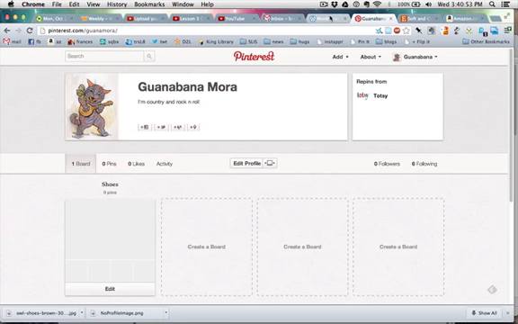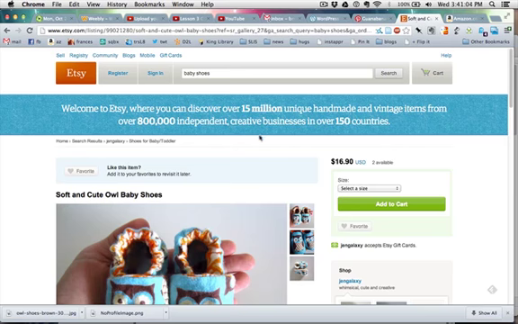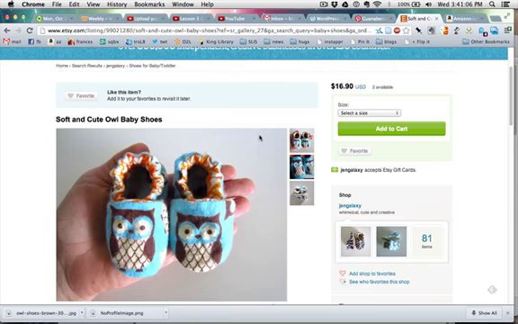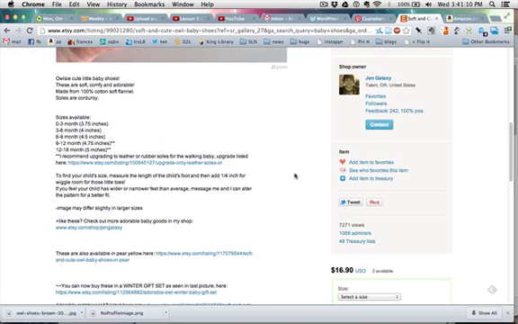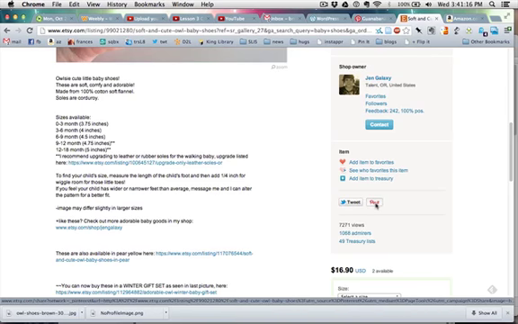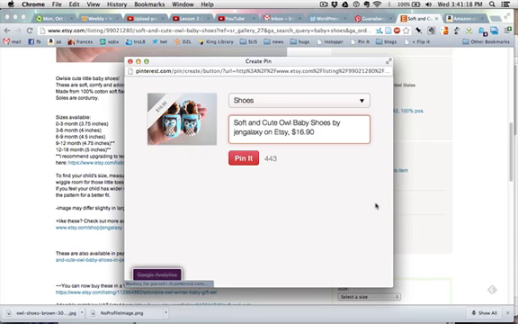One way to do this is by using the Pin It button, which is found on many websites. For example, on Etsy.com. If you see an image you like, you can usually find a Pin It button next to the other social media buttons, like Tweet. If you click Pin It, the image will pop up,